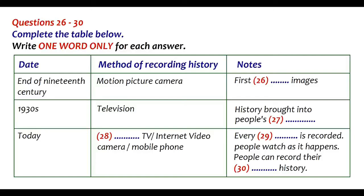Today, of course, we expect that every event in the world is recorded. Satellite TV and the Internet allow people to watch any event, anywhere in the world, as it happens. It doesn't matter if the TV cameras are not there. People carry around mobile phones and can record any incident and then share it online. Families have their own video cameras and record their own history. Children now grow up watching their parents and grandparents on film. I'm sure you'll agree that the transition from storytelling to what we have today has been dramatic, and I hope that...